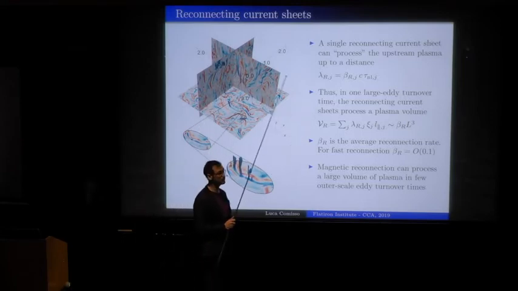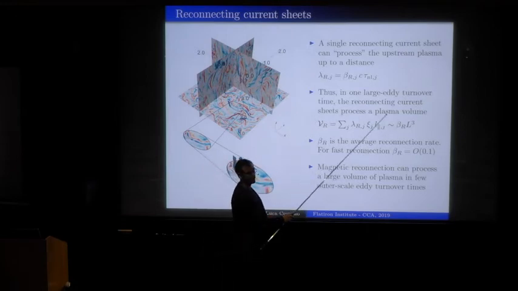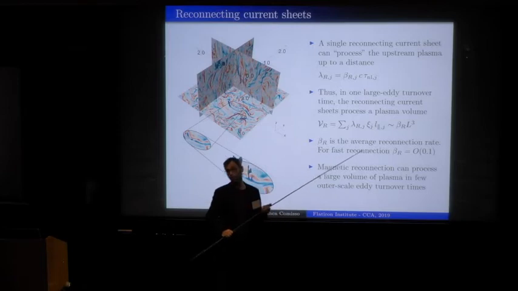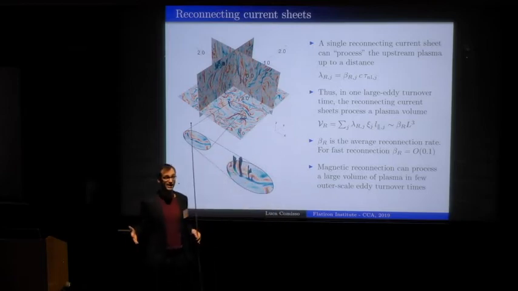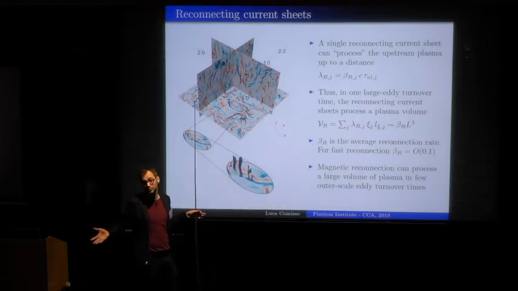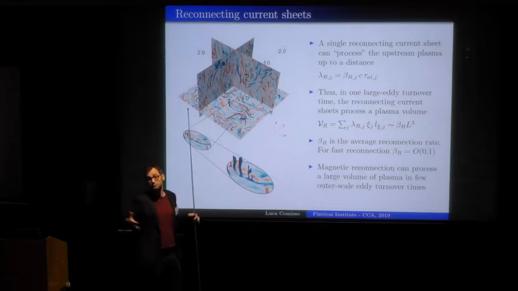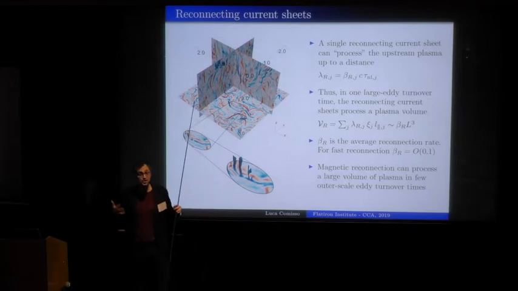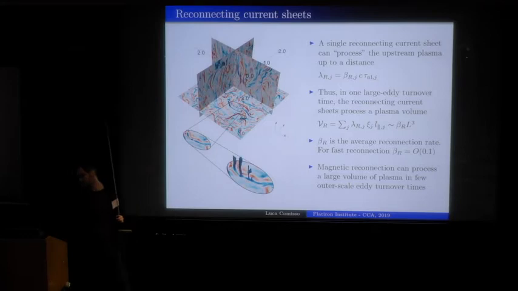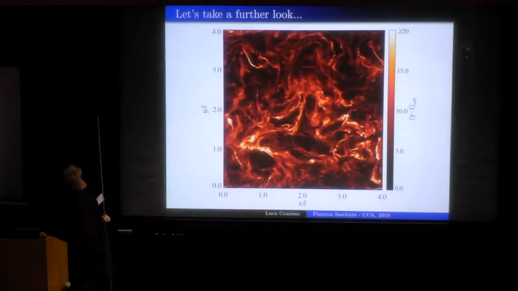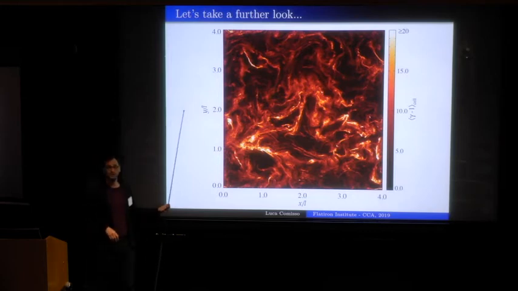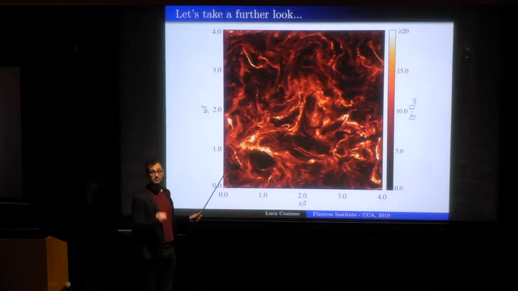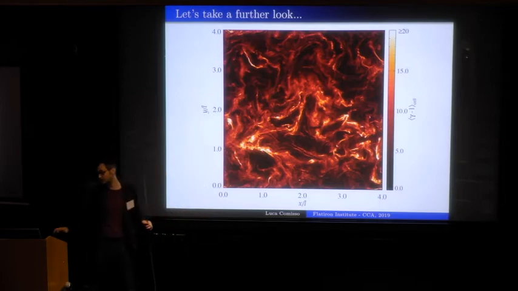And in one eddy turnover time, one can compute that they are able to process the reconnection rate times the volume of the system. So if the reconnection rate is high, and typically it is 0.1 in this business, in a few eddy turnover times, they can inject a lot of particles for the subsequent acceleration. So this is another fly-through. But in this case, these show you the mean kinetic energy of the particles in the cells of the simulation. And you can see already now that